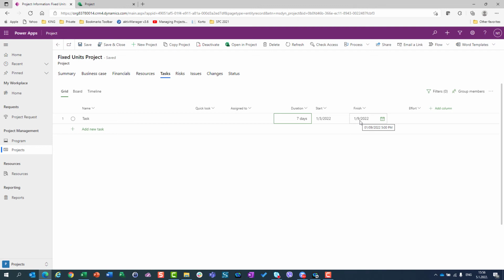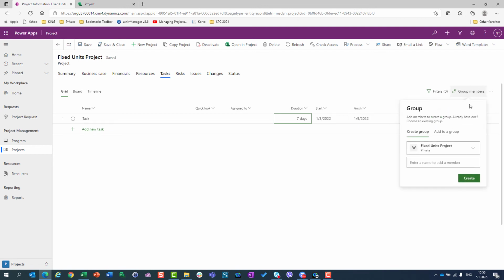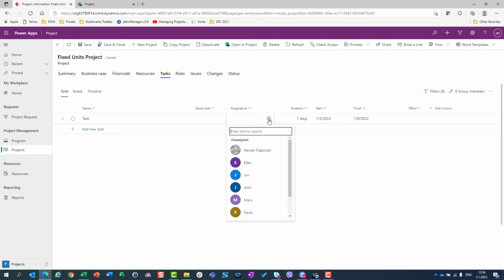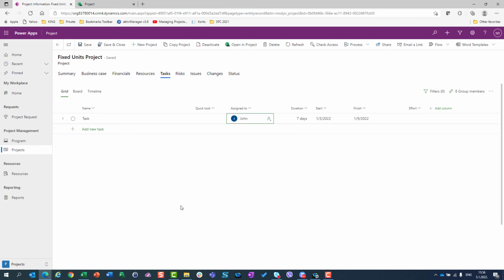So where is the difference? The difference is here. When I assign a group here and I put that duration is 7 days and I assign John, you will see that John is supposed to work 7 days multiplied by 8 hours, which means 56 hours, not 40, but 56, since we are talking about a fixed units project,